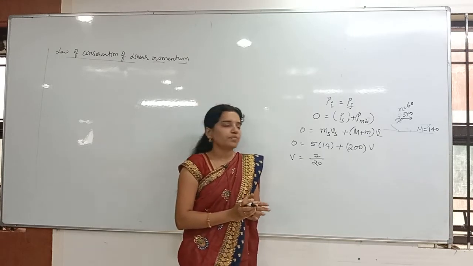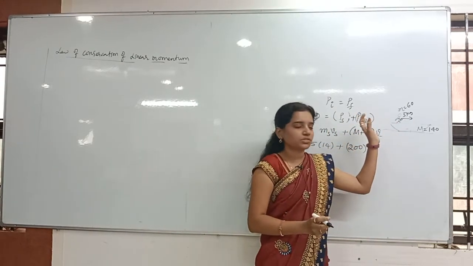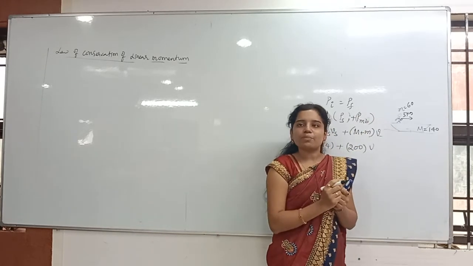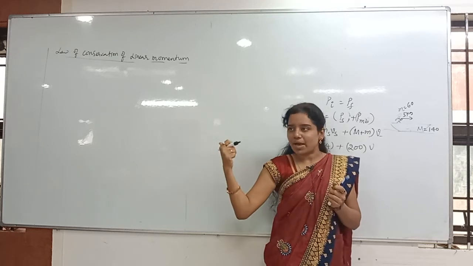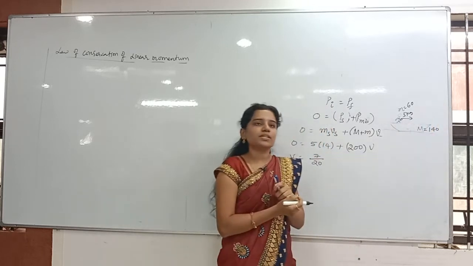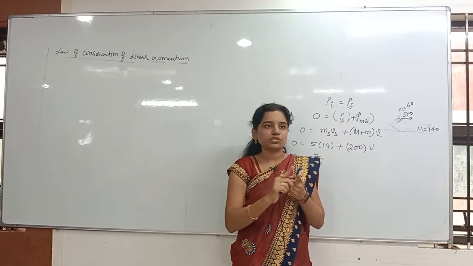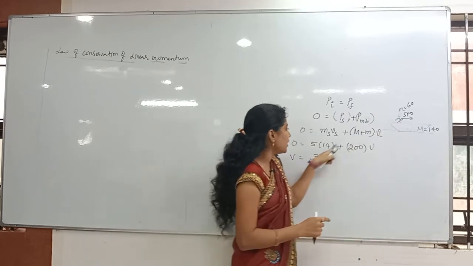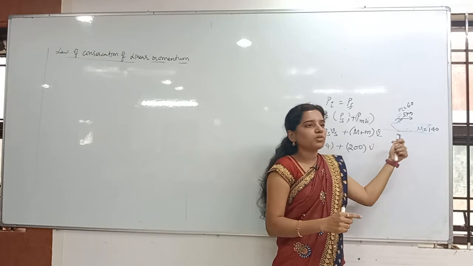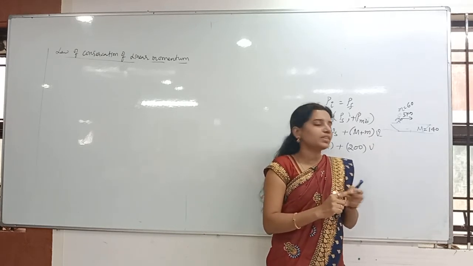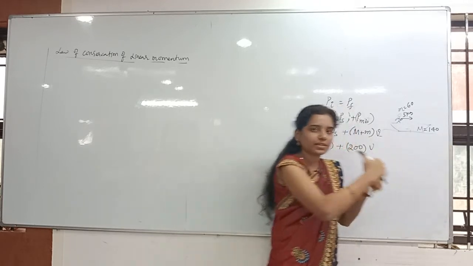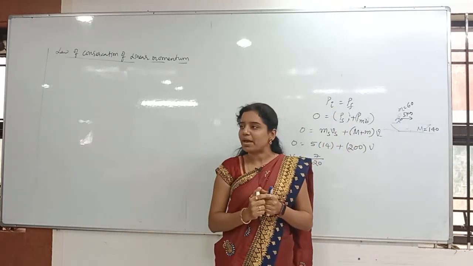Understand, right? Before throwing the stone, everything is at rest, so total initial momentum is 0. After he throws, the boat and man are moving in the backward direction and the stone is moving in the forward direction. So 3 bodies are moving here. One is the stone, moving with a velocity of, I think, 14 meters per second. Next are the man and the boat. Both are moving with the same velocity V. The stone is going forward, and the man and boat are both moving backward.